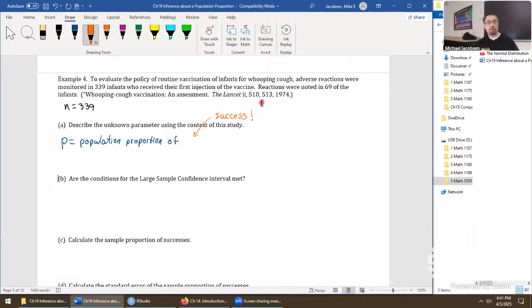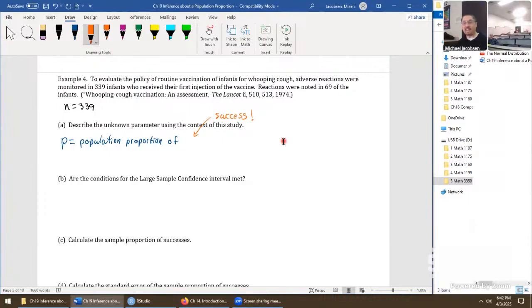Definitely kind of tricky, right? Question over here, or statement? I'm not entirely sure, but the success, to clarify, the success is the unknown parameter, correct? It's going to be going inside here. We'll say proportion of whatever the success is. Yeah. Would be the adverse reactions for the reactions noted in the 69 for the total that had a reaction to it, or,